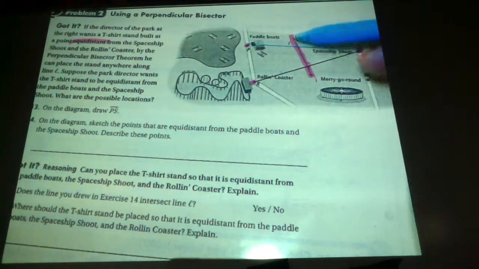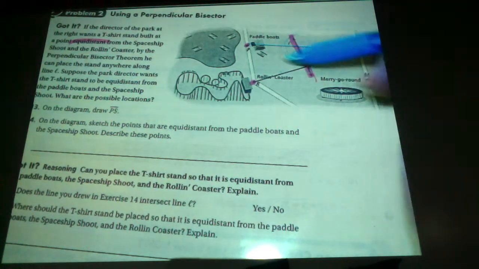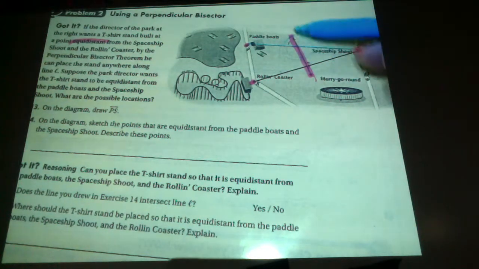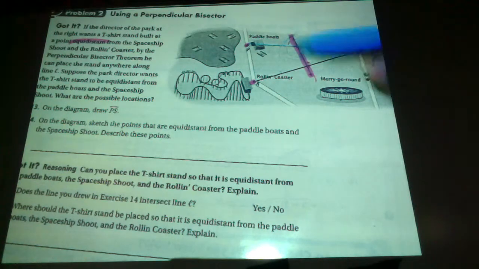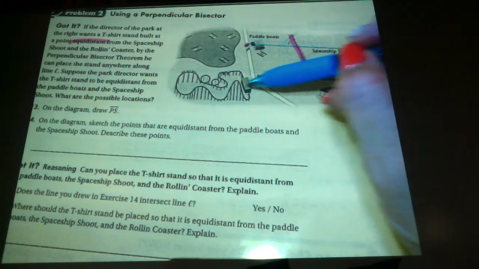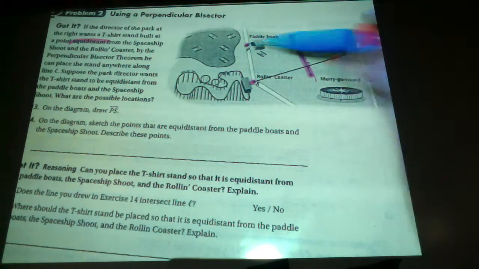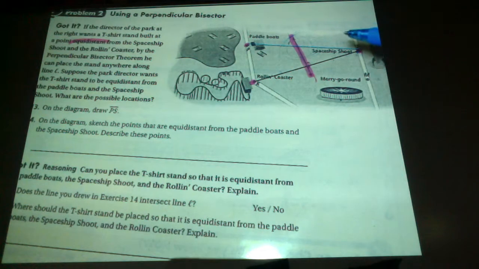In other words, is this line perpendicular to this line? Yes or no? Is this right angles right there? No. So if I place the t-shirt stand anywhere along this line, it will only be equal distance to the roller coaster and the spaceship chute. If I place it anywhere along this line, it will not be equal distance to these, so we have to create another